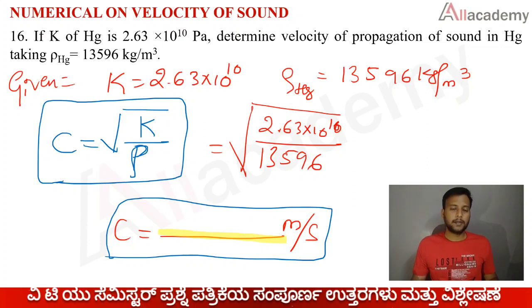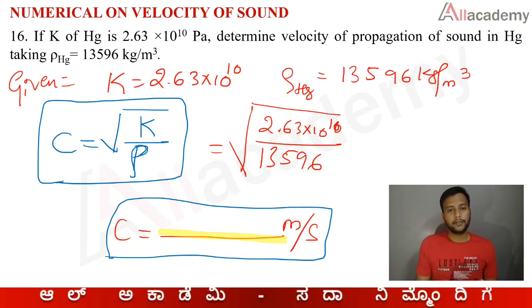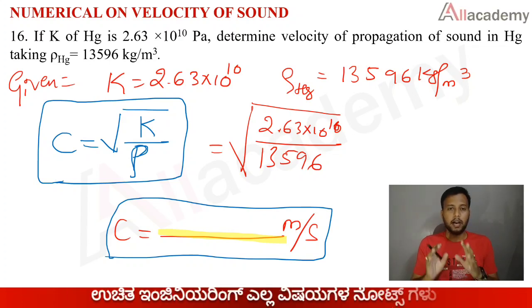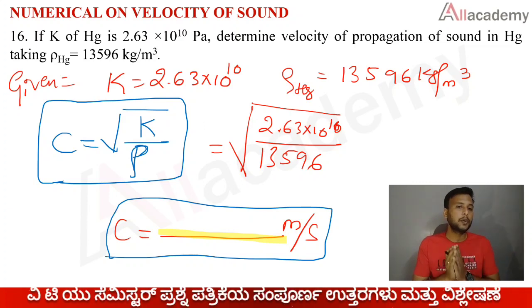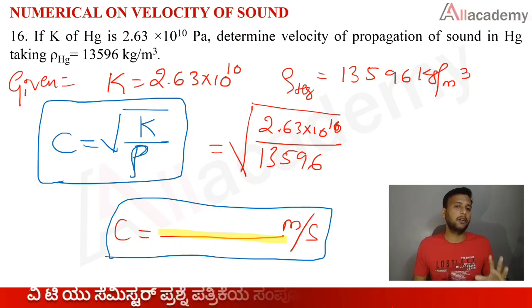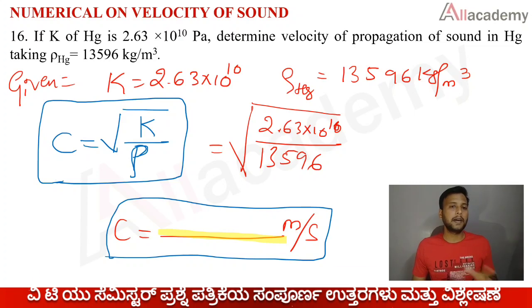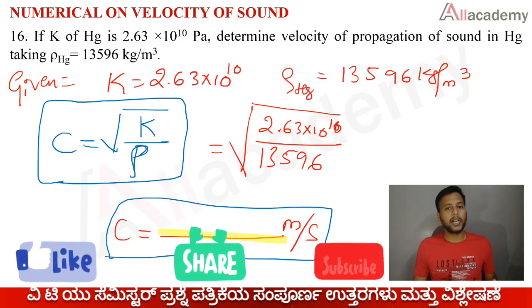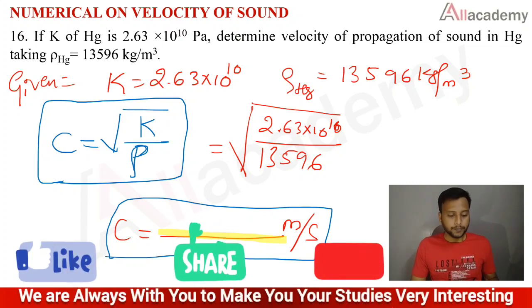Almost all the steps I have given for all the questions. For all the questions I have given the formula, substituted it and simplified it. Only the final answer I have left blank, because I want you to solve these numericals, because in the first module numericals are very much easier compared to the other modules. If you are perfect with this, easily you can get 20 out of 20 marks in module 1, because 10 marks theory will be there and 10 marks numericals.